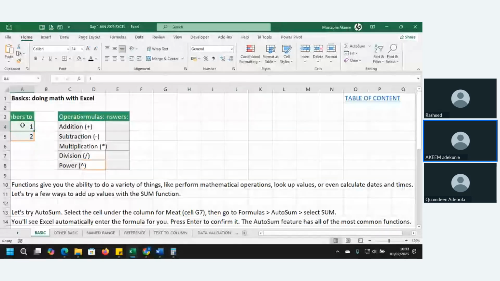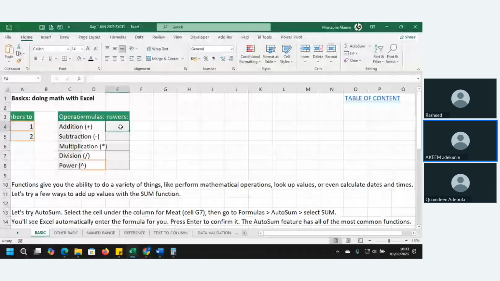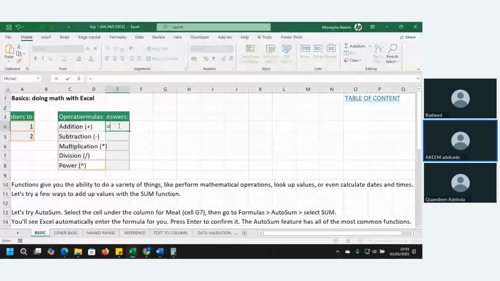If you look at this, this is called the name box for this cell. We have cell A4 and cell A5. We want to add these two numbers together. Wherever you are, inside the cell where you want to write the formula, start the formula with equals to, then select the first cell plus the second cell, enter.